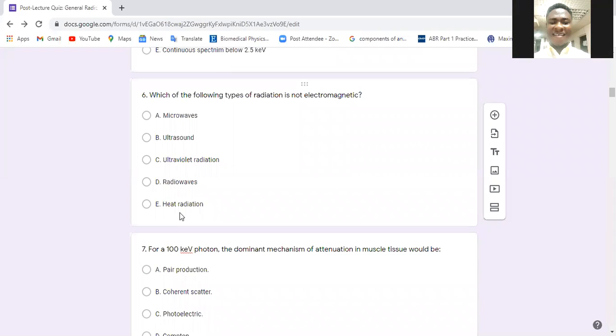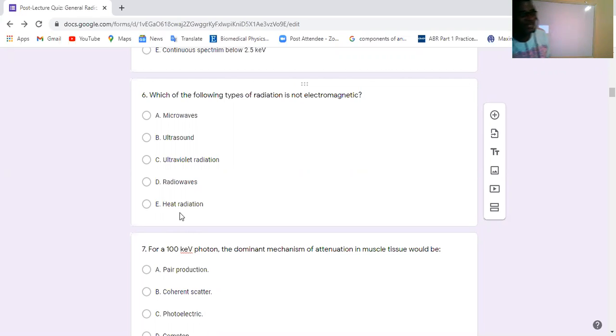Anyway, the reason why I picked ultrasound was that I know ultrasound is more of a mechanical wave. It's not an electromagnetic wave. For heat radiation, it cannot be more than one answer on this one, so I don't know the reason why it's not heat radiation. That is why with multiple choice one shouldn't have problems; you pick the best answer. If it had been true or false, we might have come into some problems.